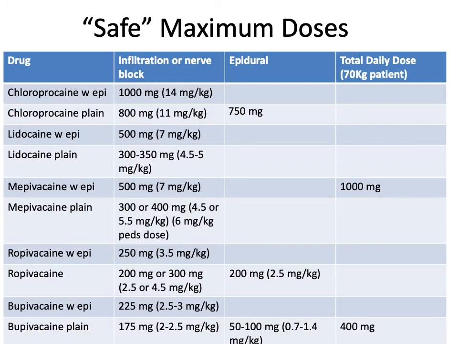This is a chart I compiled from recommendations from the Physicians' Desk Reference and from Miller's Anesthesia. You'll notice some are written in ranges where the two sources did not agree. The search for a true safe dose of local anesthetic has always been confounded by the lack of trials to establish the threshold for toxic levels. Such studies will never be conducted on humans. Instead, we have traditionally gathered information regarding toxicity from animal studies and case reports. From these sources, manufacturers publish maximum allowable single doses and daily doses. All of that is to say, these are our best guess.